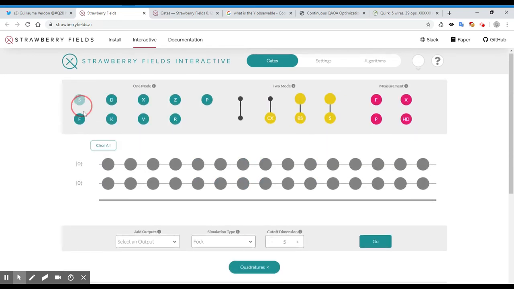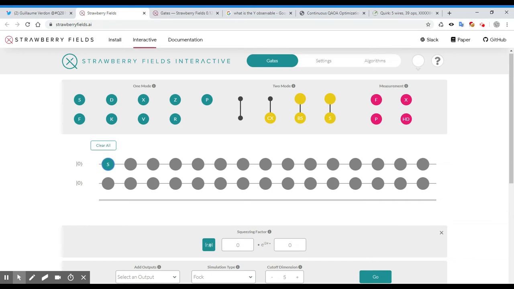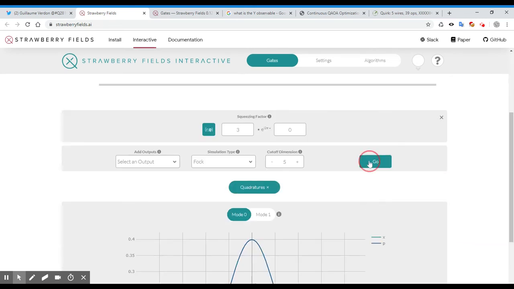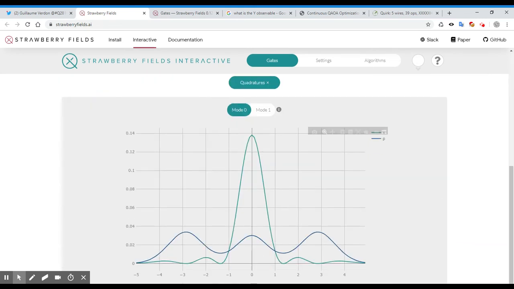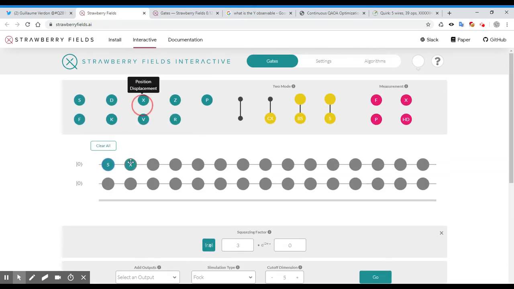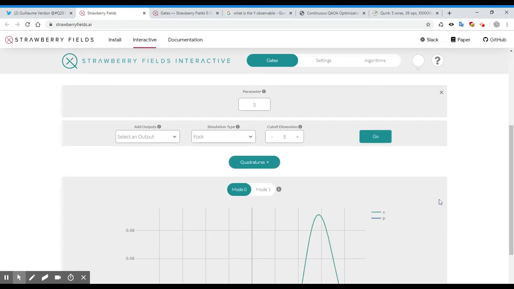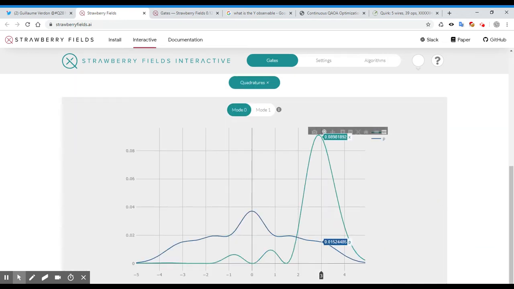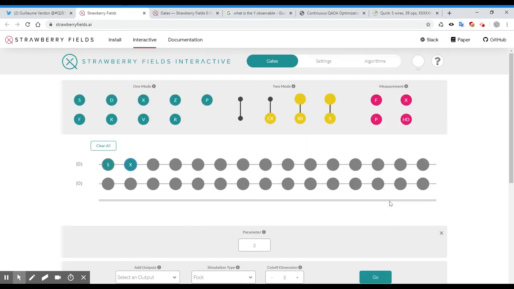If I squeeze it a little bit, let's say 3. A little bit. It's not a little bit. Okay, now it's squeezed, because before it was like between. Yeah. Now we're going to displace the position by 3. There you go. So you got the displaced here. Exactly. And now I should